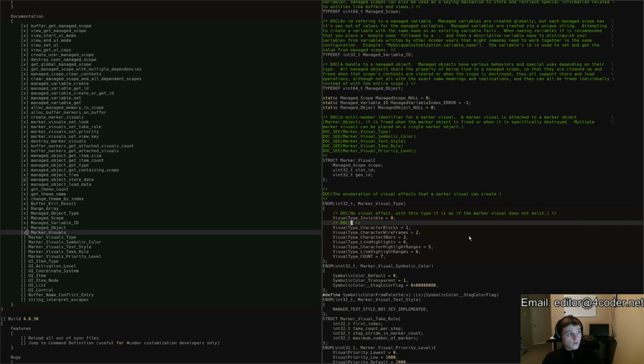Character blocks. So character blocks would be the affected markers, the marker effect applies a block